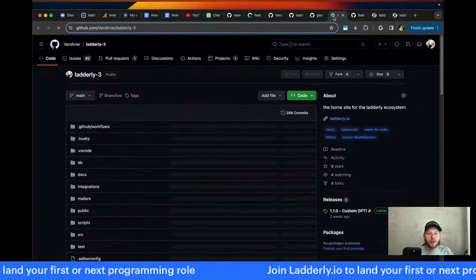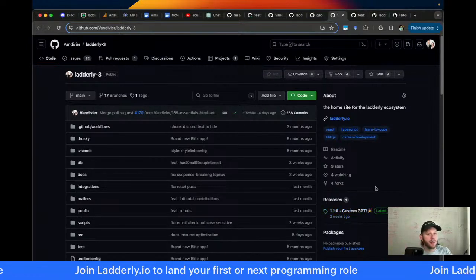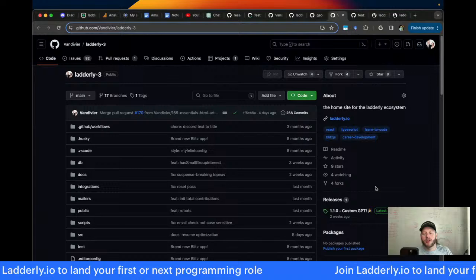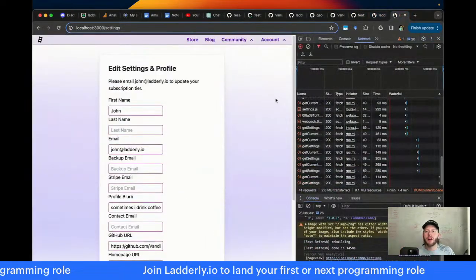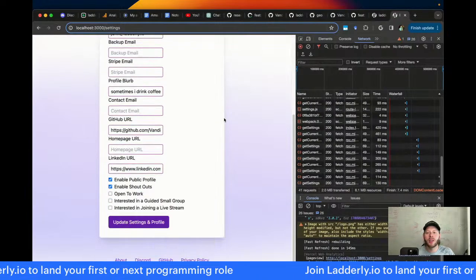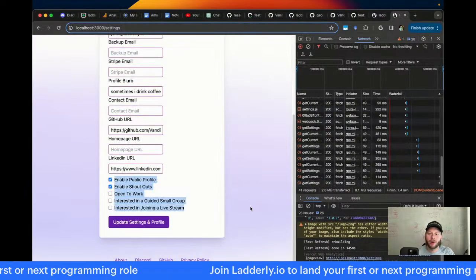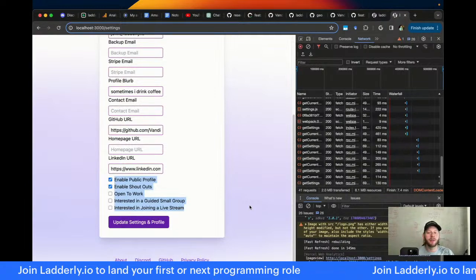So you can go to the homepage and see the releases on the right. Most recently, we cut 1.1 that had custom GPT. So in the next version, there will be these user settings. So here we are on the existing settings page. This is on my localhost. And down at the bottom, there are some interesting checkboxes. I will end up blogging all of these